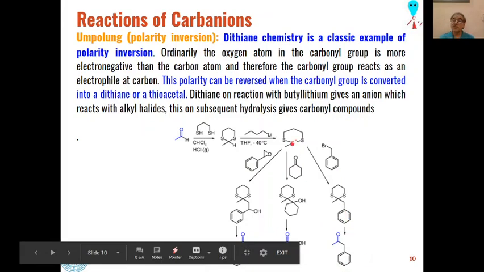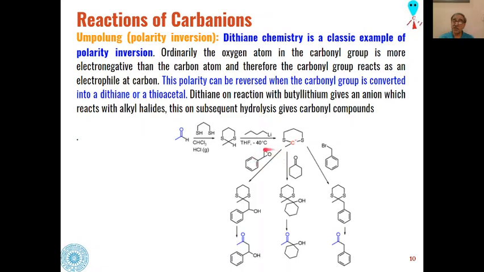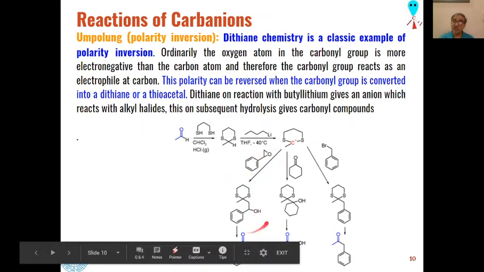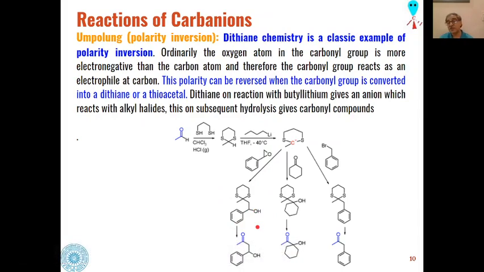So this will react with epoxides. We will get these types of dithiane intermediates, and these on hydrolysis will give us these types of ketones as